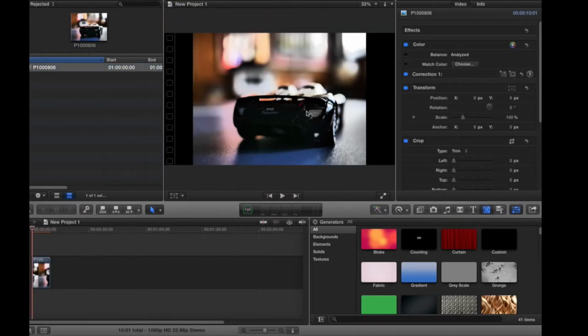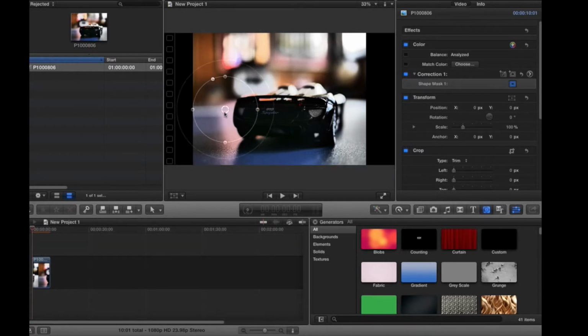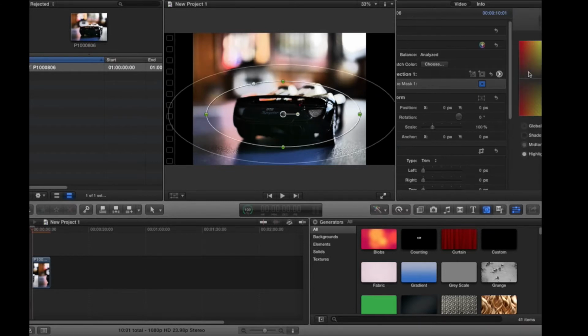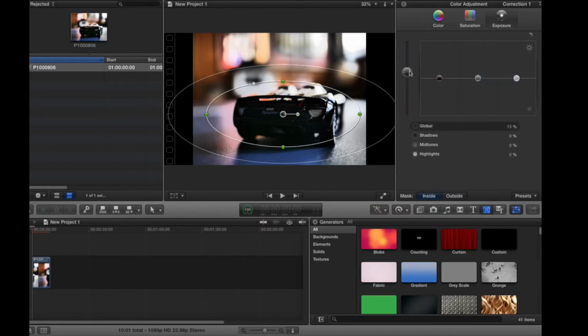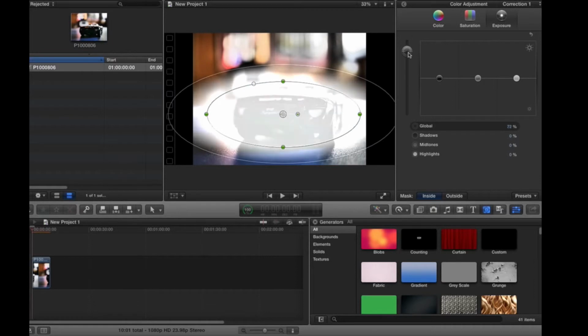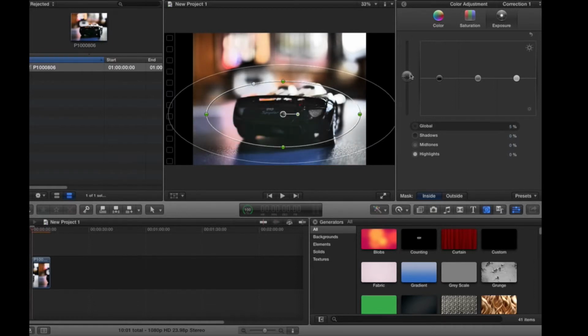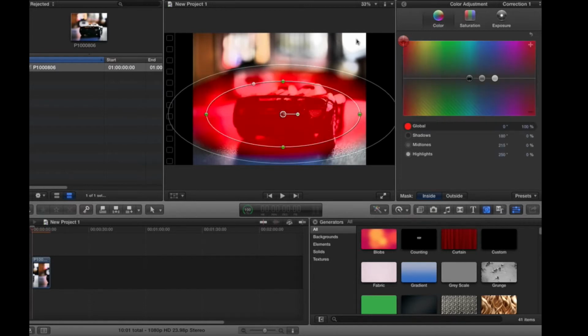So here it is. But you can add a shape mask if you would like. So just say the car you want to make brighter because it is kind of dark. So mask is inside, exposure you could turn up the exposure, and if you wanted more color you could do that. You can do a lot actually, or you can make the outside